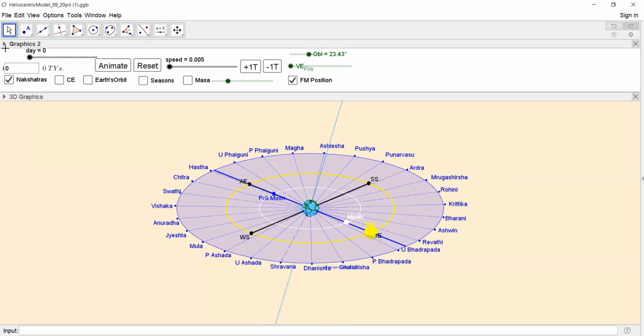And that actually solves the problem. Now, how to insert this Adhika masa is a totally different subject. And before we get there, as homework to prepare to understand this method of insertion of Adhika masa that was